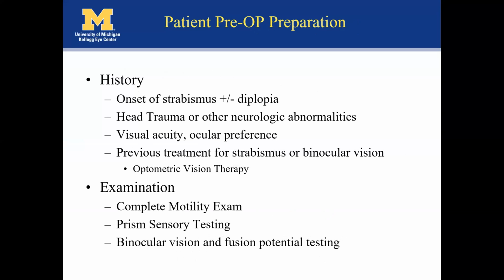We're going to talk again about my experience with preparing patients for post-op diplopia, and also handling post-op diplopia. Again, preparation of the patient is very, very important. In history, you have to ask a few additional questions just to be prepared and to prepare the patient, especially